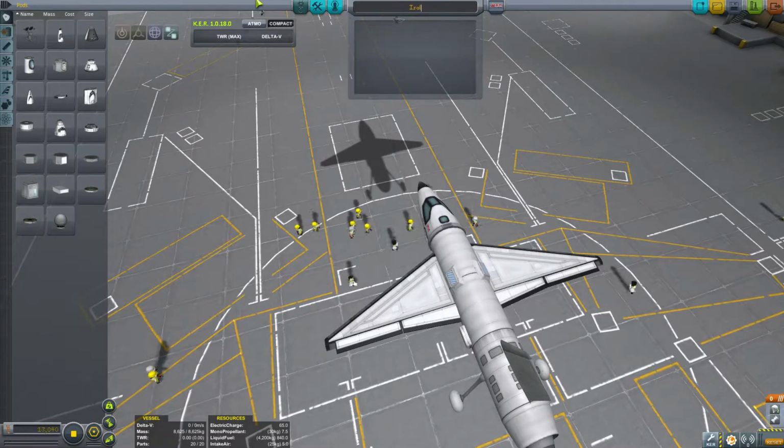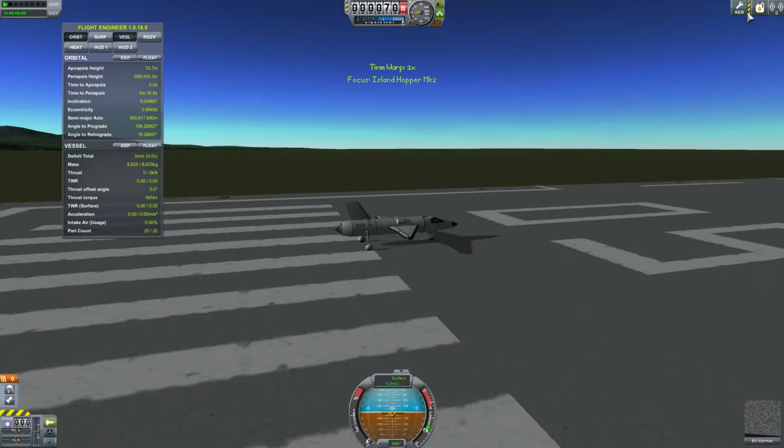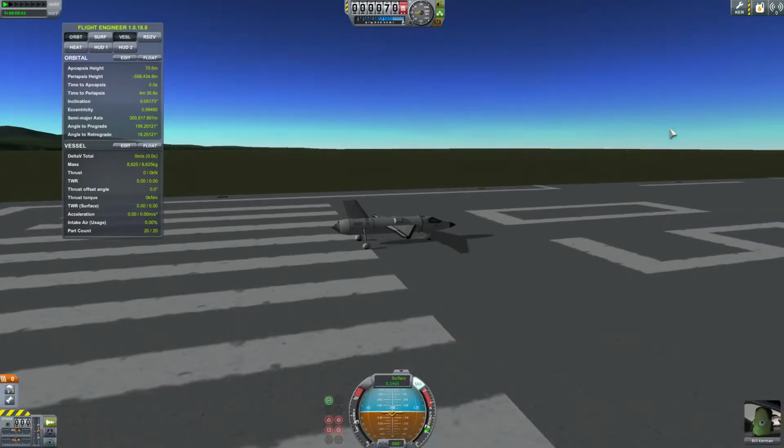Island Hopper Mark II. I did make an earlier craft that I wanted to go for a higher weight, but as I said, I'm a horrible plane pilot. It ended up flipping as soon as I deployed parachutes. I don't know if I'm allowed to use parachutes in this challenge, but